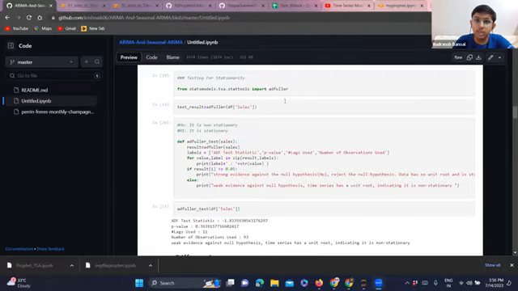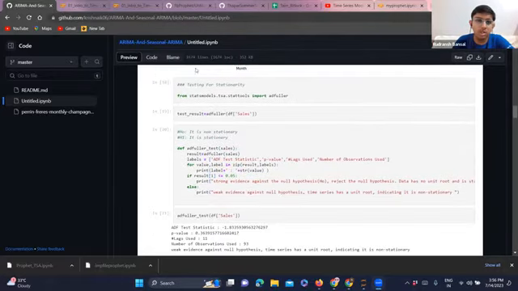So this was the Dickey-Fuller test which I was talking about. This notebook is on ARIMA. So we will first change this data to stationary. So how can we change it to stationary? I told you we have got three approaches. We can either do that visually by seeing it. Then we can do it through the global and local test, and then we can do it through the Dickey-Fuller test. So here we are implementing the Dickey-Fuller test.